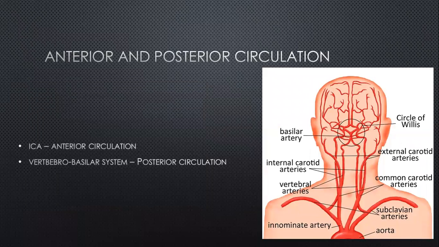Right, so that was kind of a brief background, if you like, as to how things have evolved over the phylogeny. So let's look at the traditional concept and try and understand this intracranial circulation. So of course we talk in terms of the anterior and the posterior circulation. The anterior circulation is the internal carotid artery and its branches, and the posterior circulation is of course the vertebrobasilar circulation and their branches.